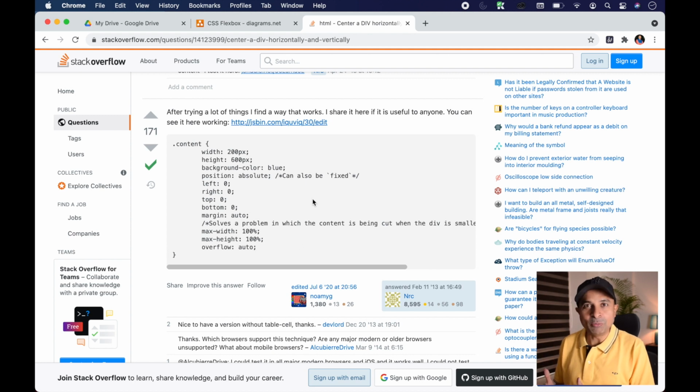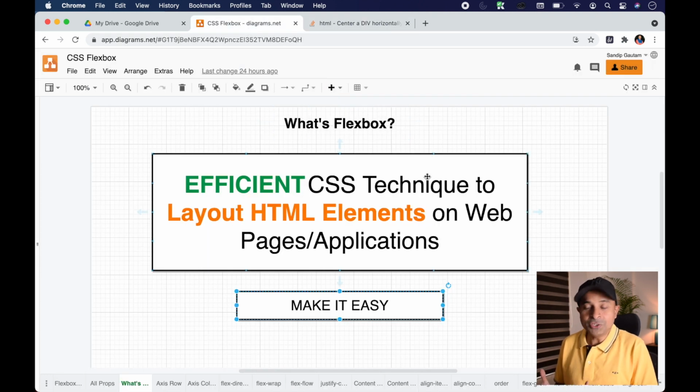But using Flexbox and like 3-4 properties, you can easily center your div on the page. I mean, that's the beauty of Flexbox. That's where I'm coming from. It's an efficient CSS technique to lay out HTML elements on web pages and applications, and it's really going to make your life easy. You'll be happy to see how easy it is to lay out your application using